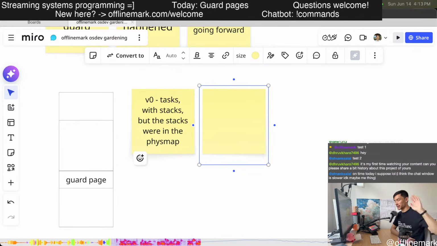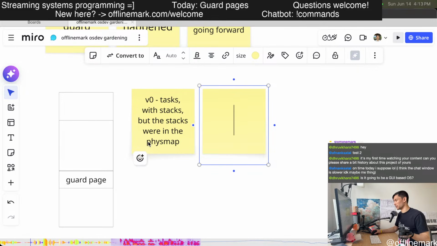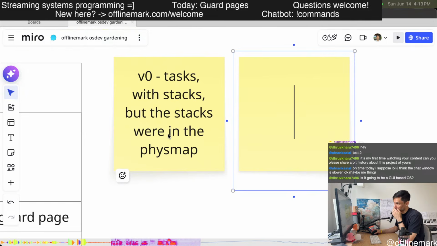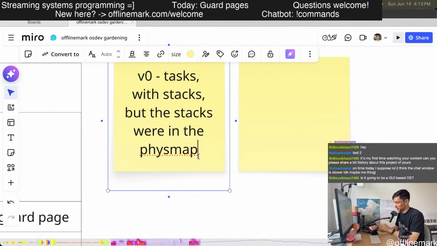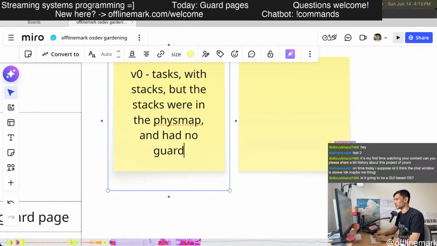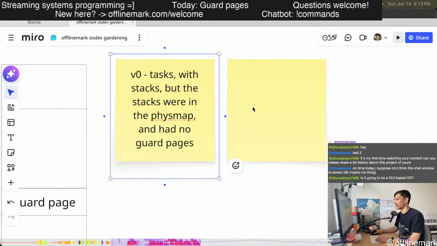There are a lot of downsides to using that. It's very easy to use, but there are no memory protections available because the entire region is readable and writable. So it's trivially easy to overflow a stack in the phys map and corrupt memory below it. So they were in the phys map and had no guard pages.